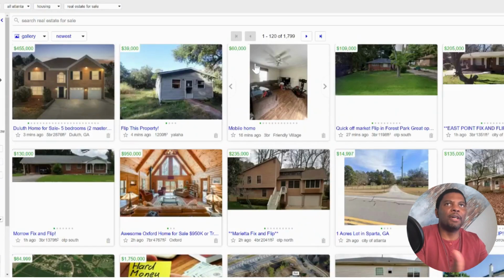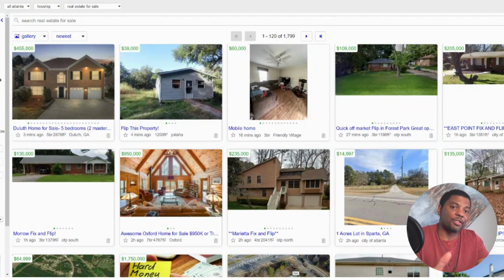And then much like Facebook, you're going to use simple terms like fixer upper, fix and flip, wholesale. Well, I want to use wholesale, but more or less handyman special, things like that. Somebody who has a house that needs some extra love and attention will put that into their description, so that you can find the properties a lot easier. And the one thing I like about Craigslist as well is it does give you some options where you can